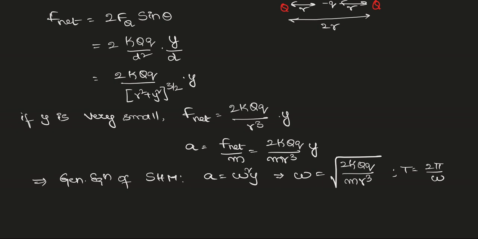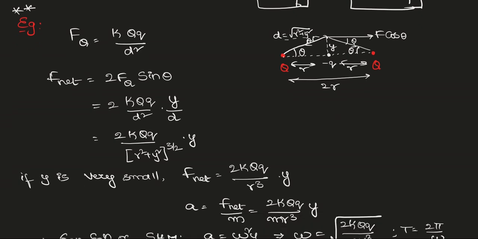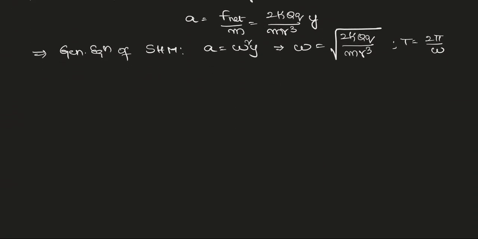So, if a negatively charged particle that is placed between two identical charges is slightly disturbed along y-axis, it will execute simple harmonic motion. This is one interesting example. For this, they will ask you the time period of oscillation, and for the same model, if suppose you are given like this,